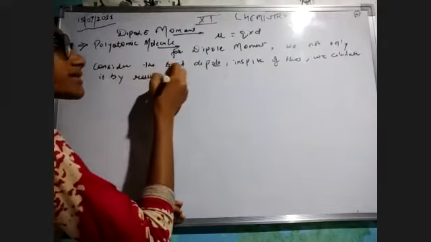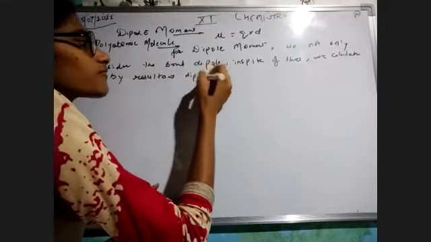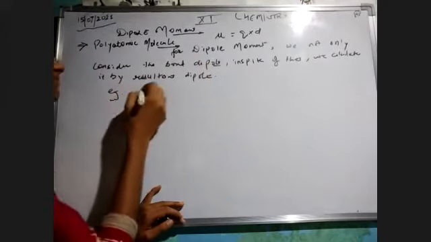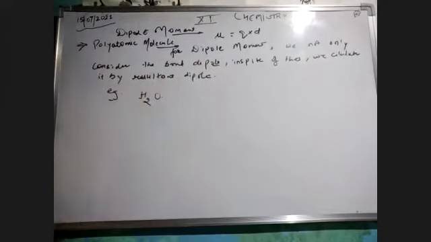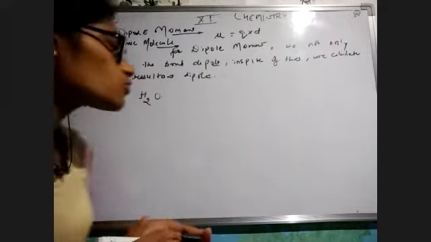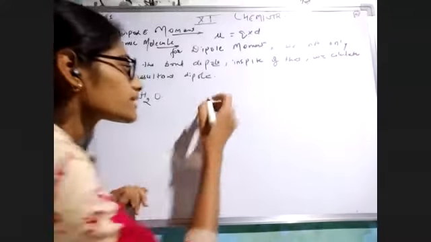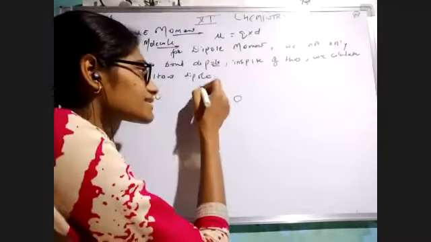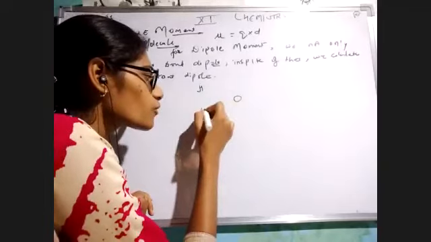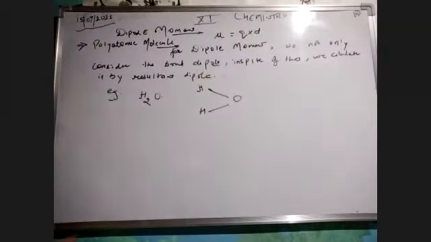Let's see what I want to explain to you. For example, there is water. First of all, if I'm talking about water, we know very well the water molecule is made up of three different atoms, right? There are two hydrogen and one oxygen. Now, there is oxygen present over here, and hydrogen present over here. First of all, oxygen is much more electronegative than hydrogen. Definitely yes. So the dipole moment would be in this direction.